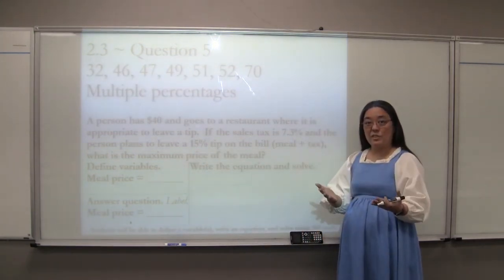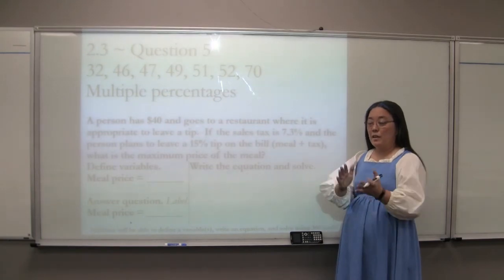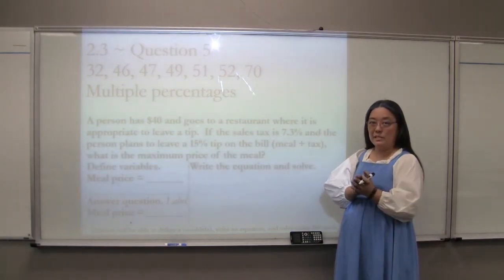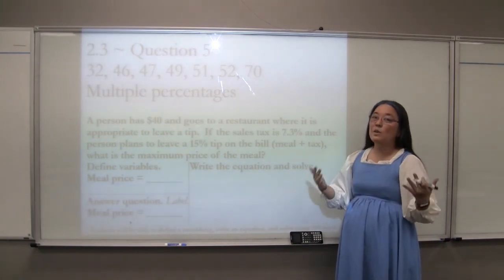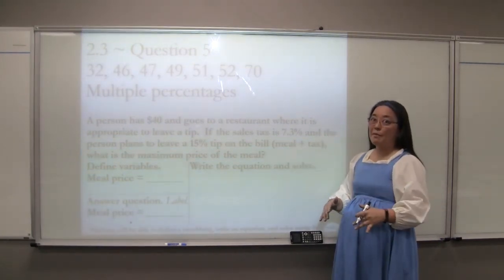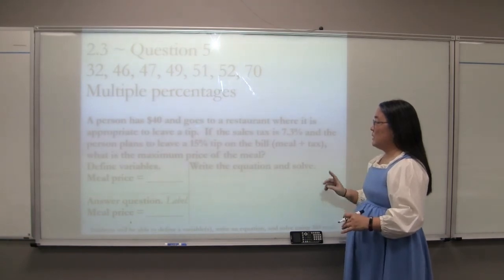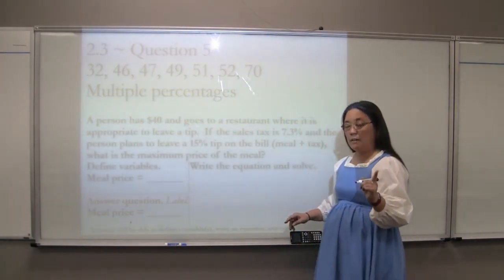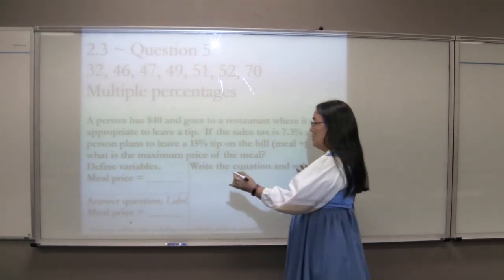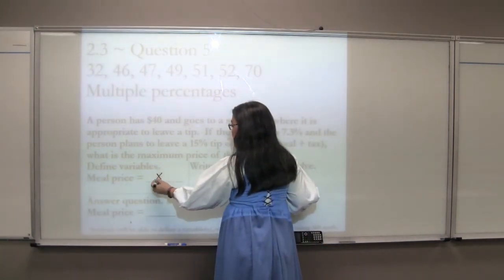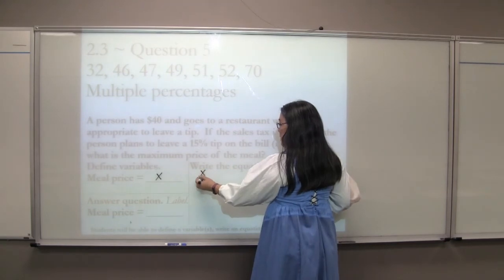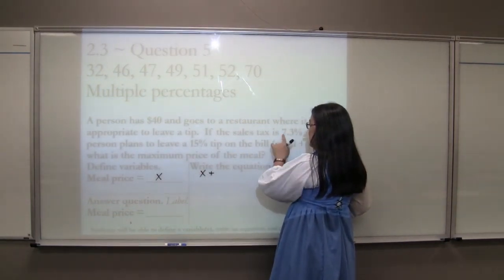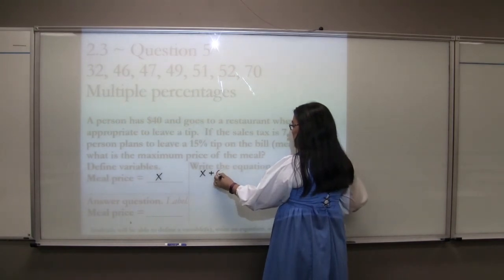15% is for average service here in Colorado, 20% for good service, 10% for not so good service. If you were on the east or west coast, that usually goes up by about 5%. So here, we could write this out as a very long problem. So you would have your meal. Here is your meal plus their meal. And then you would add on the tax onto your meal, which is